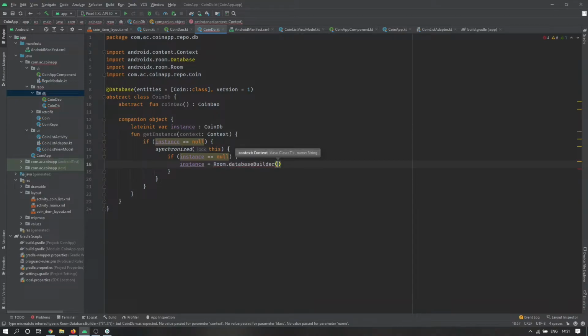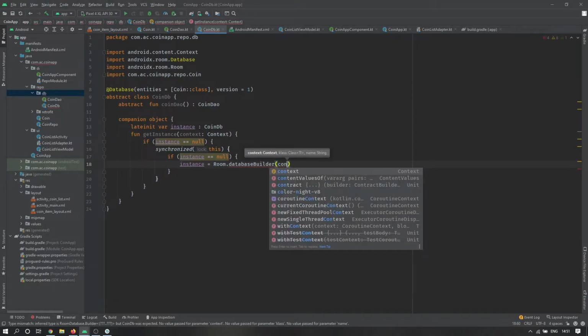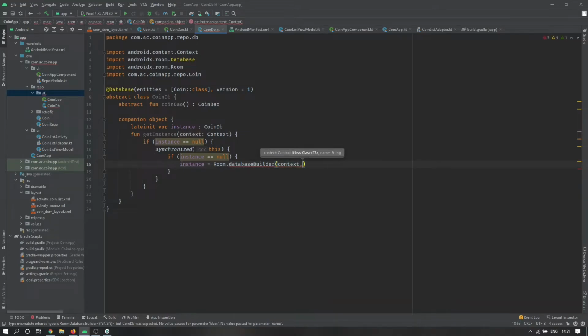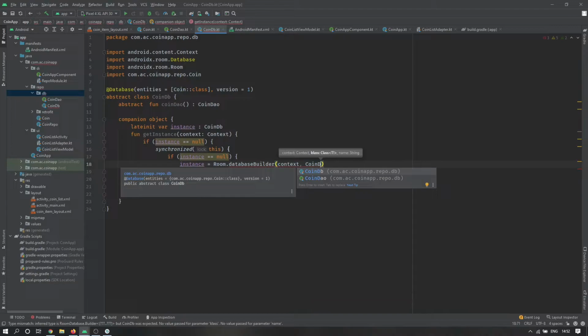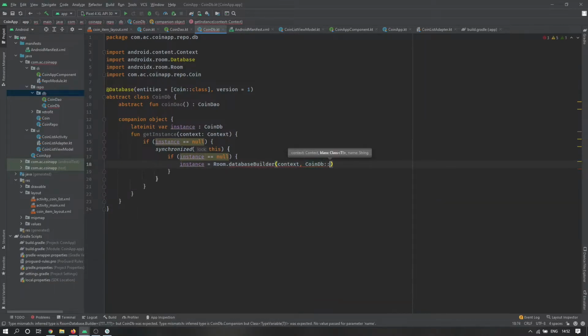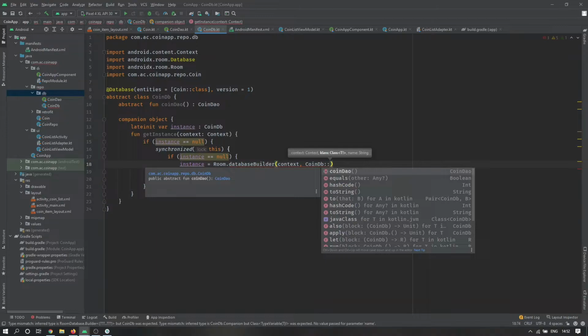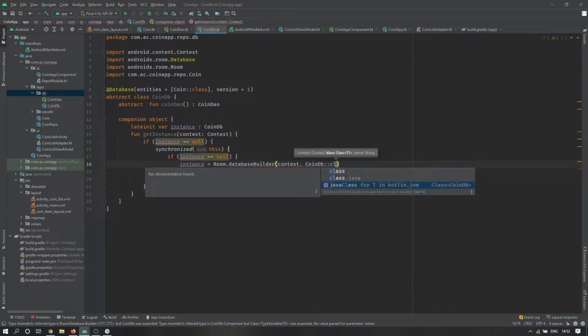We need to pass in the context, and the database class, which would be CoinDB::class.java,